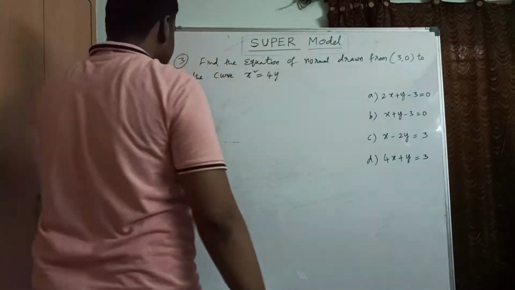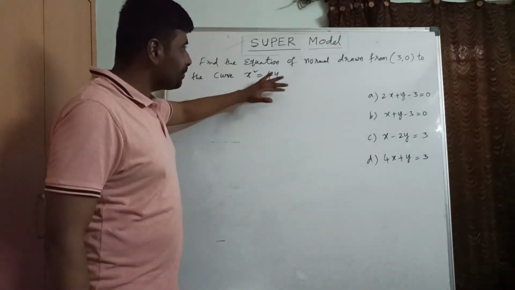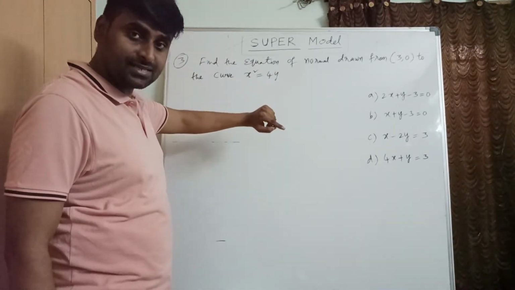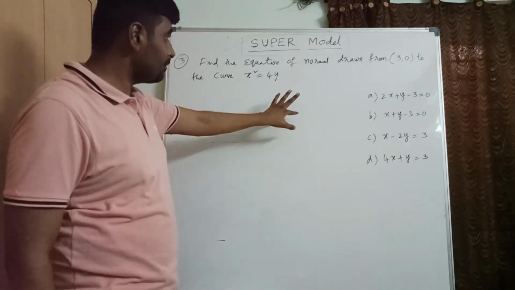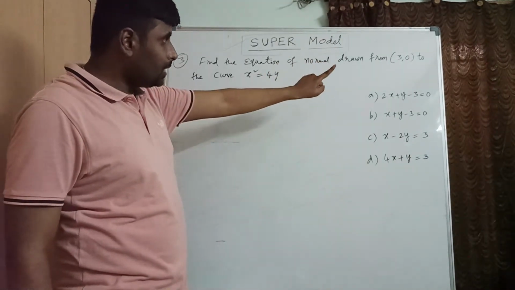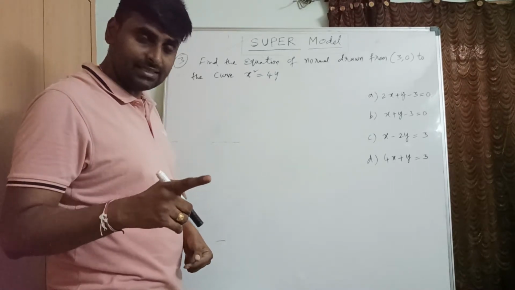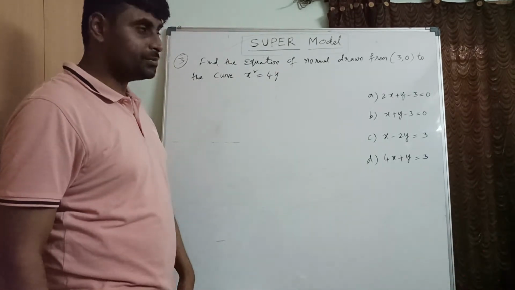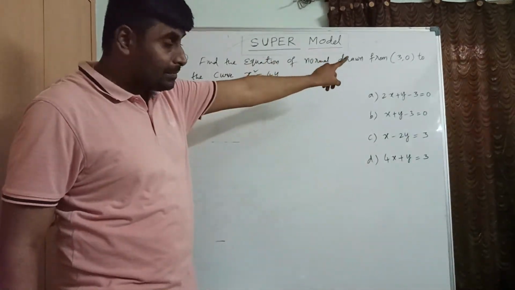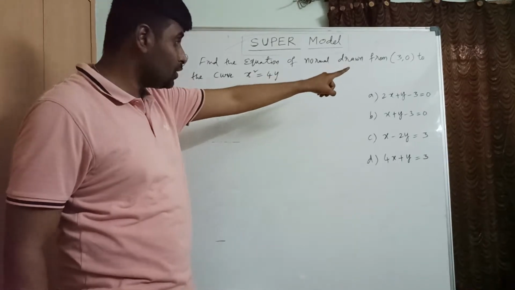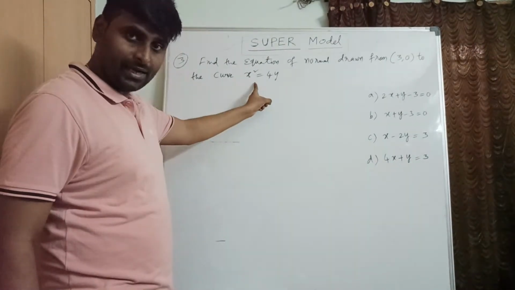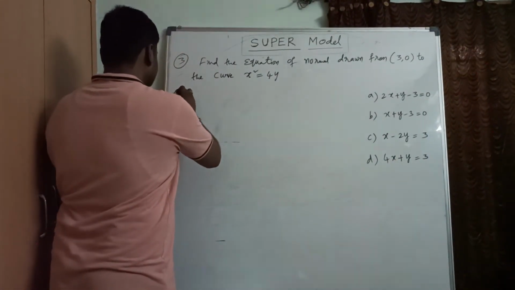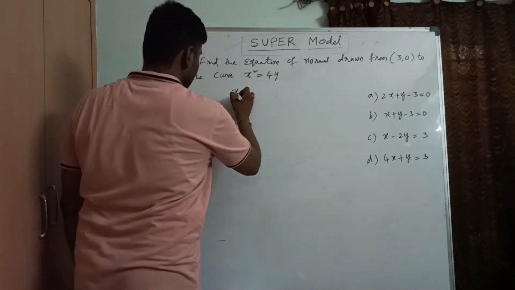Now see here, this question is also similar to the previous one, but in the previous one we found the equation of tangent. Here we are discussing the equation of normal, right? Normal means we differentiate this, substitute this point, we will get the slope of tangent, and take the reciprocal of that and change the sign. But the normal is drawn from an outside point. 3, 0 does not lie on this curve. Okay, actually this is the model. Now, first of all, let us take the curve x square equals 4y.